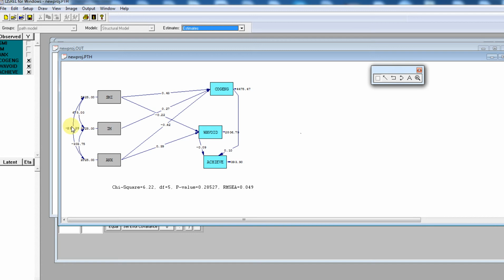You can see right here, this is a path from cognitive engagement, one endogenous variable, to another, work avoidance, and to achievement, which is another path from an endogenous variable to another. And then these are all direct paths as well from these exogenous predictor variables to the various endogenous variables. So at any rate,